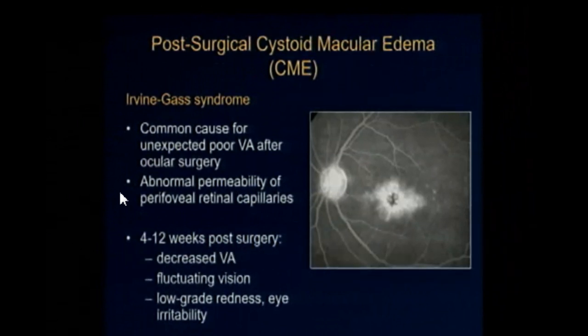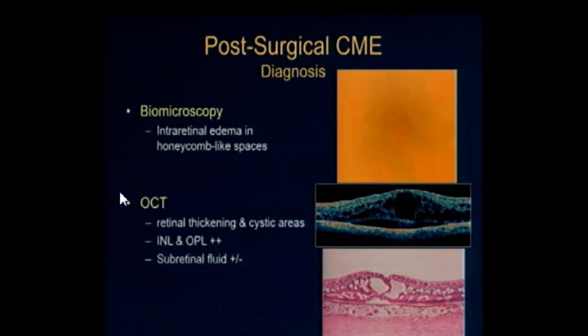And it's usually associated with a degree of inflammation in the back of the eye with increased permeability of the perifoveal capillaries. So patients will have decreased vision. They have beautiful surgery the first days, first weeks, and then they don't see so well, and you may have a low-grade inflammation in the eye. By microscopy, you will see a CME. You'll see the classic CME with the cysts in the fovea. If you do an OCT, you will see the cysts in the inner retina,